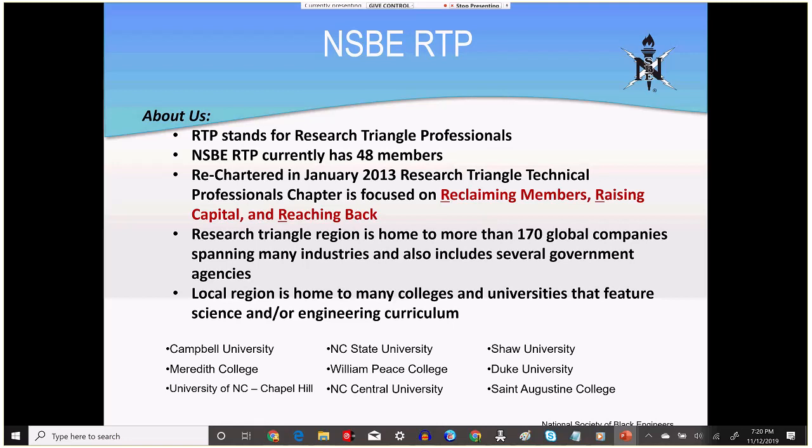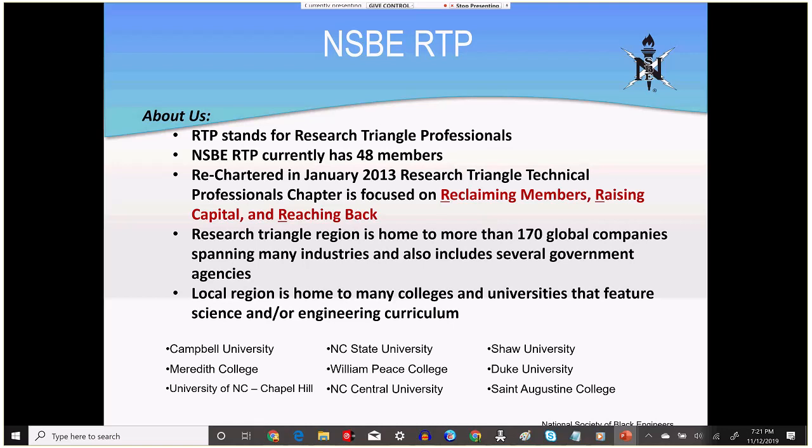One of the things that makes this region special is we have so many companies in the Research Triangle area, and we are always trying to reach out to them to get more people involved. If you can reach out to your companies, say if you have a Black Employees Network or something like that, that would be very helpful for us. We're always trying to get more information out there as far as what Research Triangle professionals are doing.